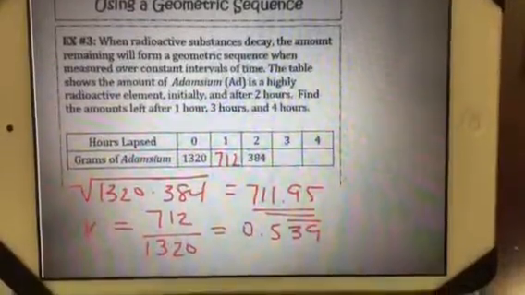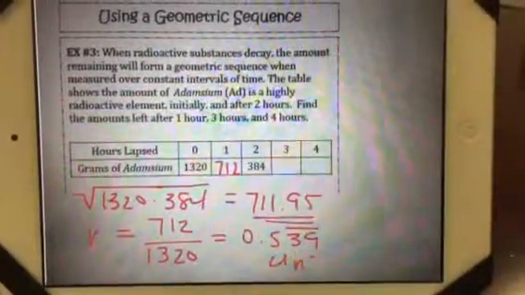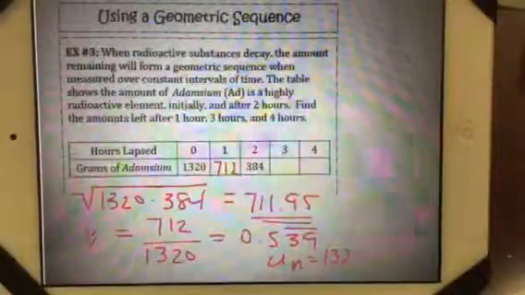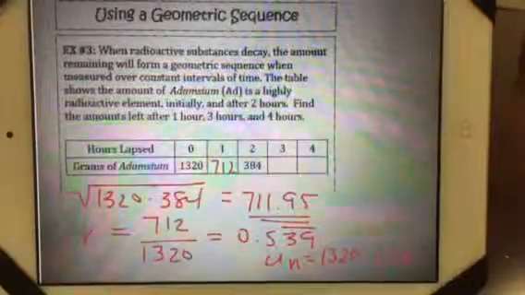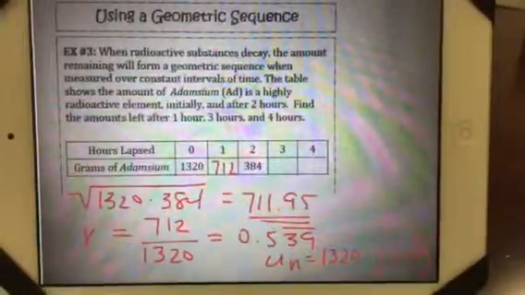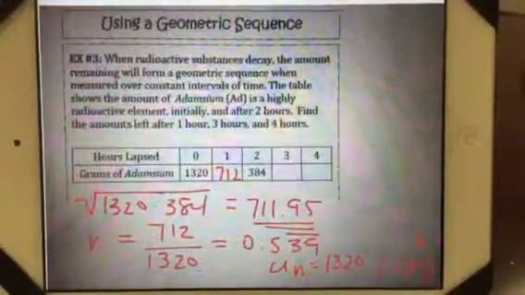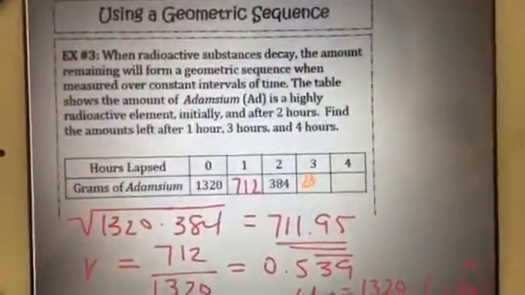So now we can write our geometric sequence formula. So a_n will equal 1,320 times 0.539 to the power of n minus 1, and use that to find our next terms, which are 207